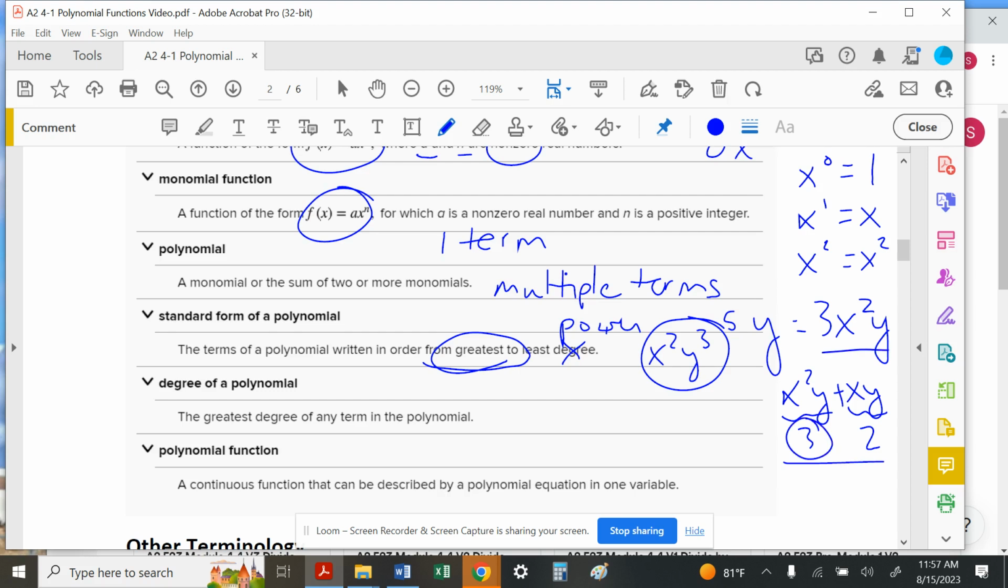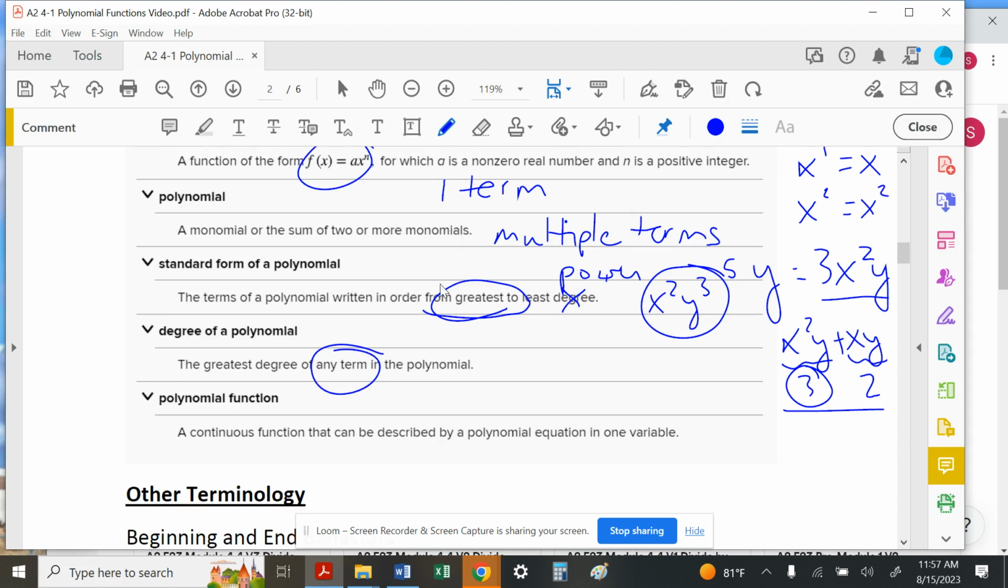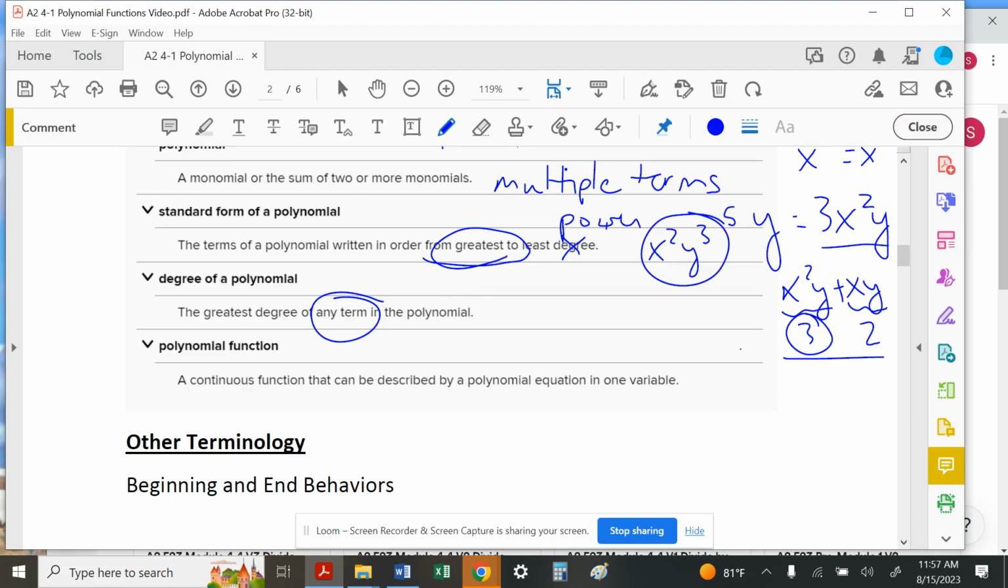Okay, my degree on this one is also 3, right? So it's the greatest degree of any term, not all the terms combined, just one particular term. And then a polynomial function is something that's continuous. So we haven't really talked about continuous. So continuous is a function that looks something like this, meaning there are no breaks in the function at all